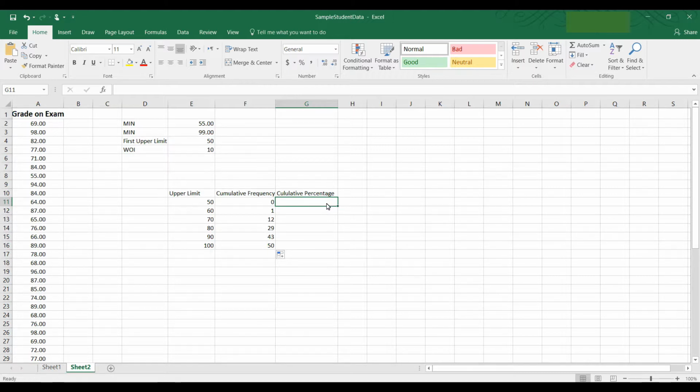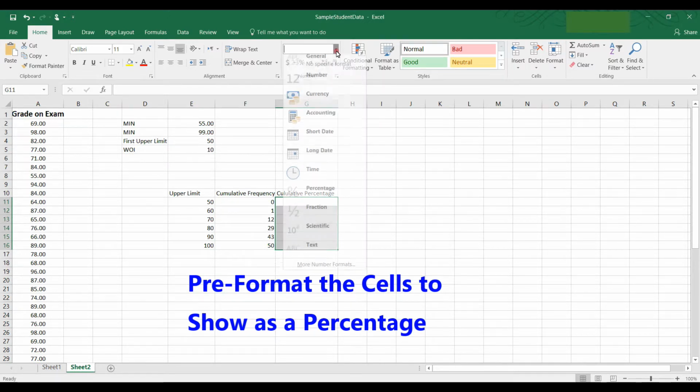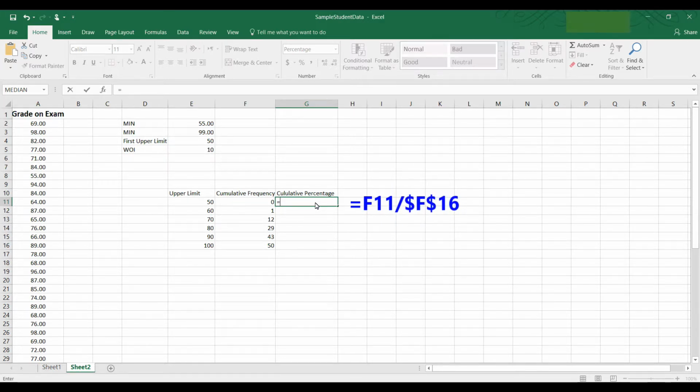So now in this column, we want to get the percentage, which is the number in each cell divided by the total. So let's first pre-format the cells so that they will show as percentages. I'm going to select these cells, and I'm going to pre-format them by going up here where it says General and change it to percentage. Okay, now let's type in here equal to, and we're going to take the first cell, which is F11, divided